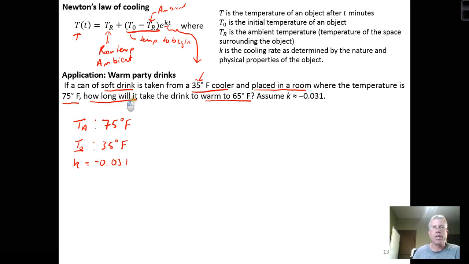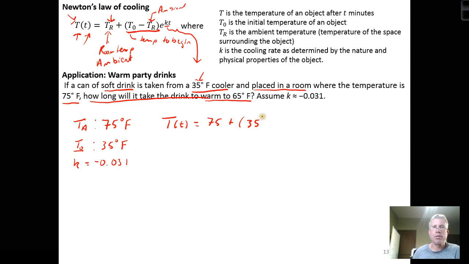So it says, how long will it take the drink to warm up to 65 degrees? So the first step is to set the model up. First we need the model before we can do anything with the model. So the temperature as a function of time of our pop is going to be modeled by the ambient temperature T sub R, which is the 75 degrees that the room is, plus T naught, which is the initial temperature